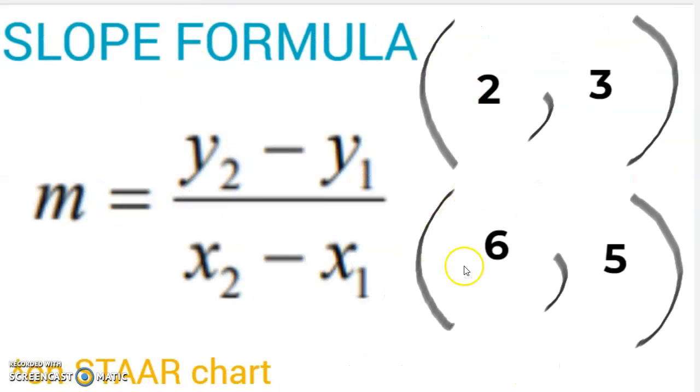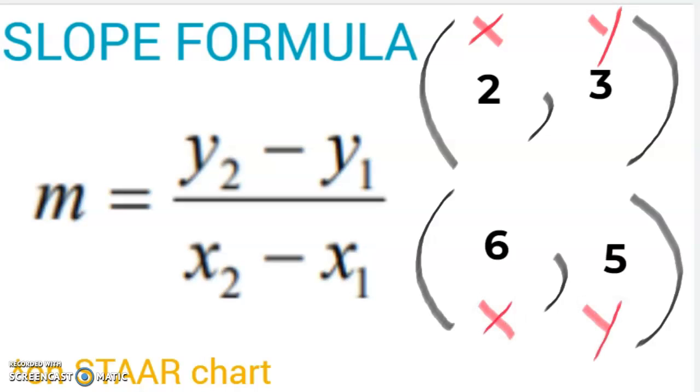Okay, so if you notice here, I just enlarged your slope formula. Remember, we find this on the star chart, so it's not something that we have to memorize, right? So what we're going to do is we're going to take our 2 points, 2, 3, and 6, 5. We're going to follow our checklist. So we are going to label the x's and the y's. So if we label x, y,